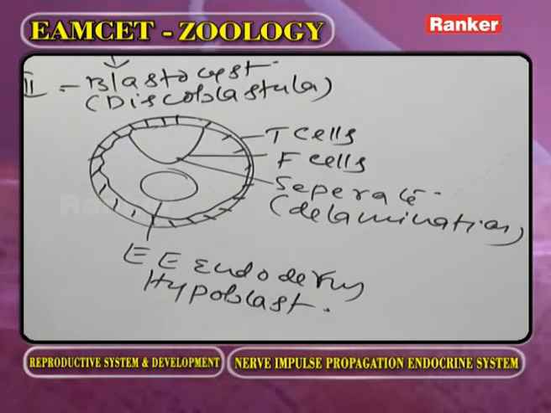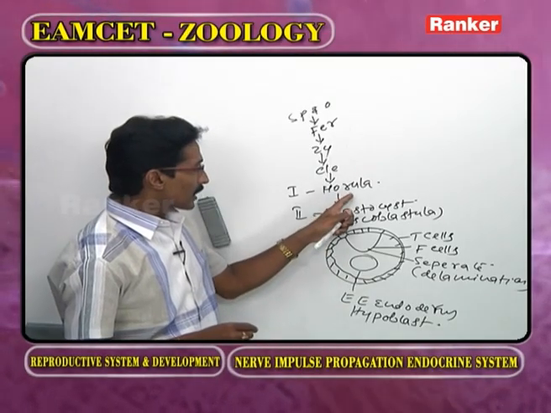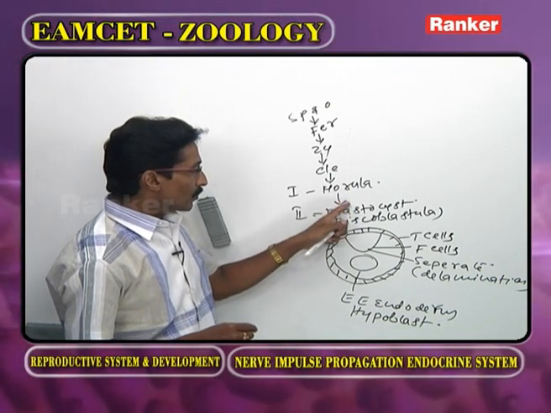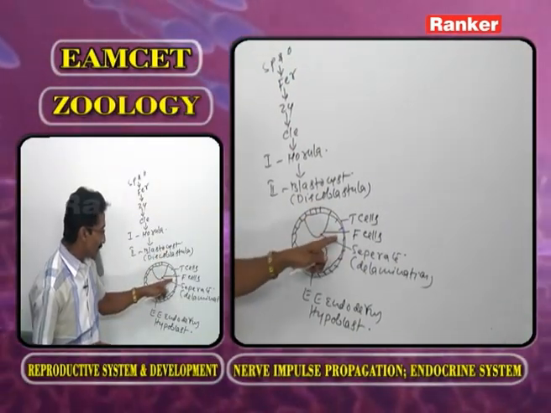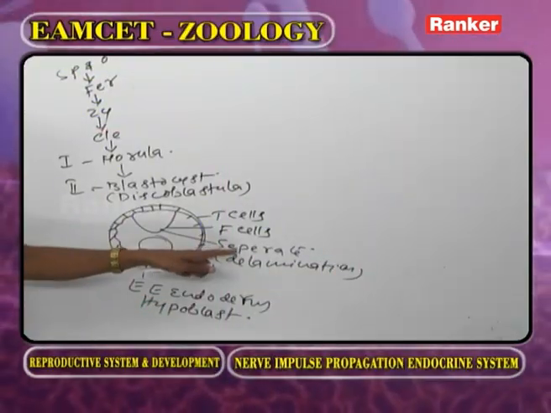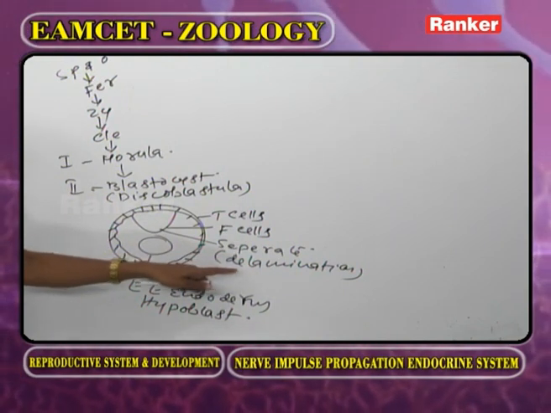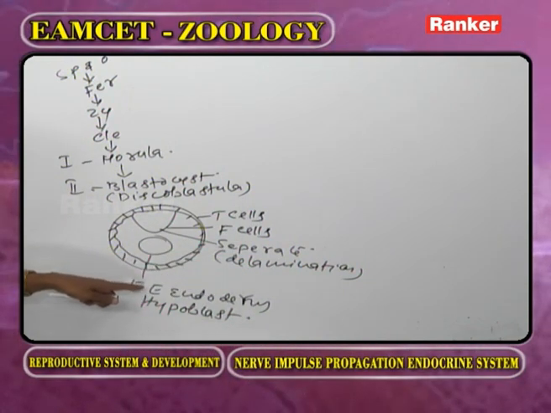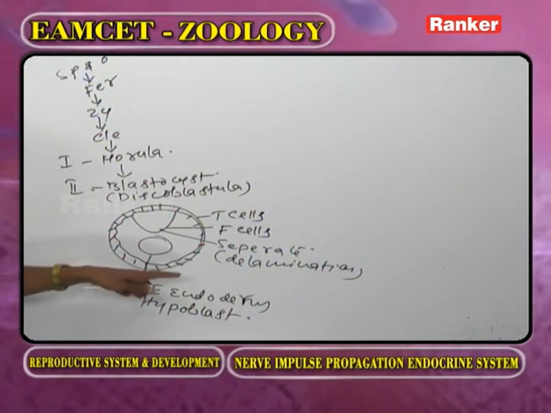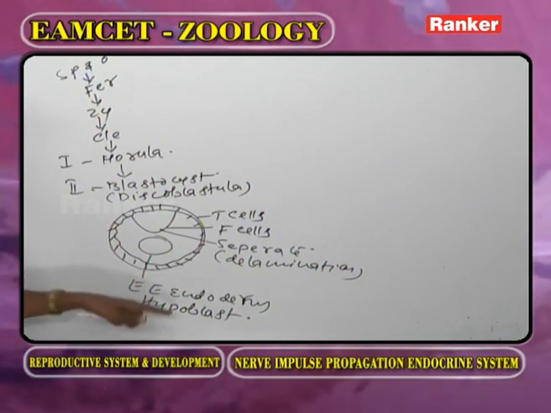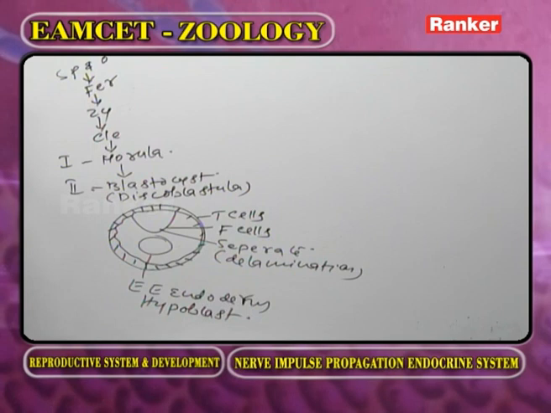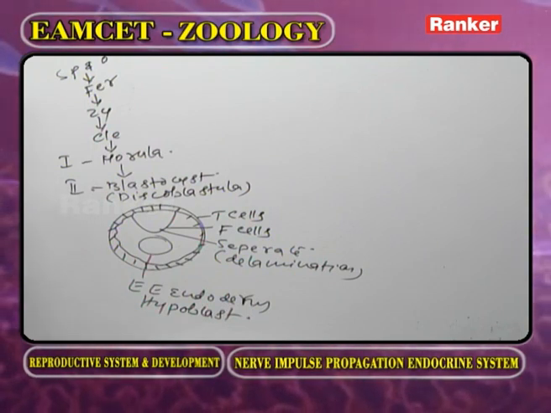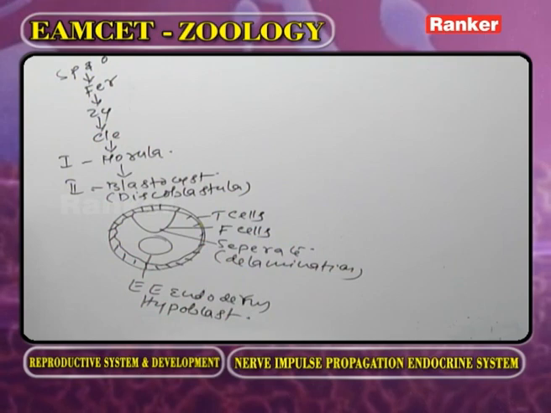Now here, what is the arrangement? Zygote undergoes cleavages, getting the morula, blastocyst, one stage of blastocyst, discoblastula. Here, from the formative cells, some cells get separated, called delamination. We are getting extra embryonic endoderm, also called hypoblast. Now, after completing the development, the baby will come out. That process we call birth, technically called parturition. Now we go for the next question.